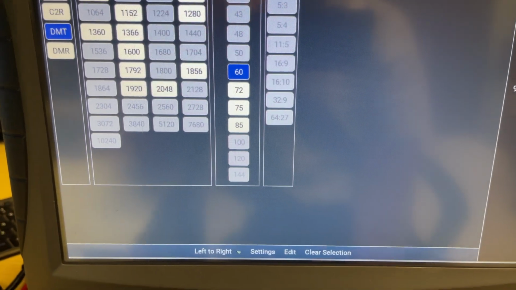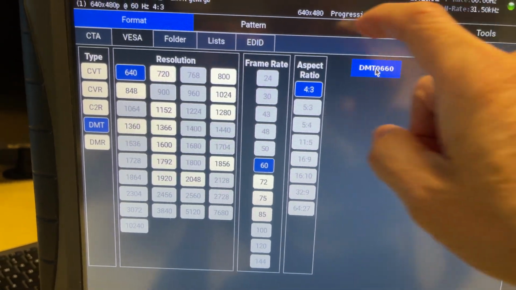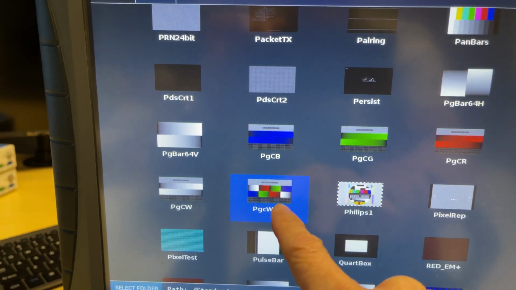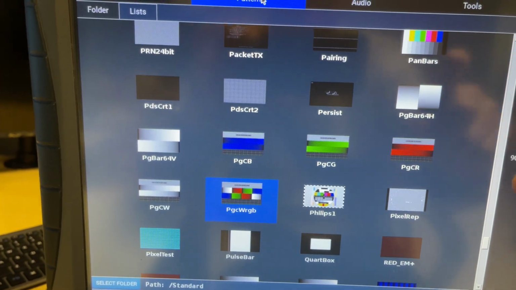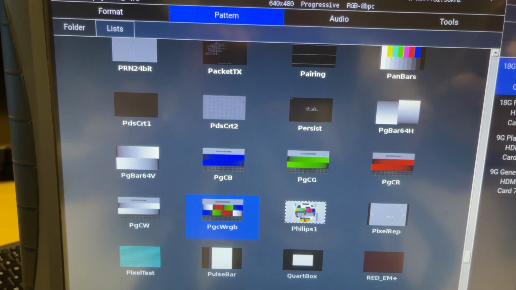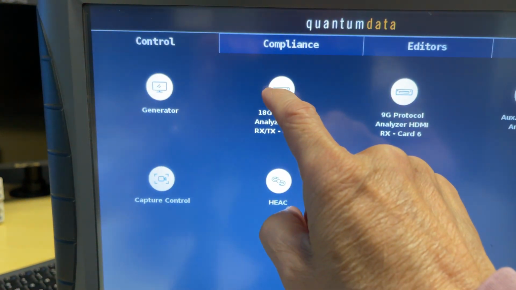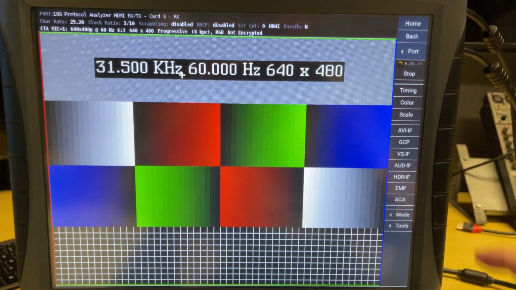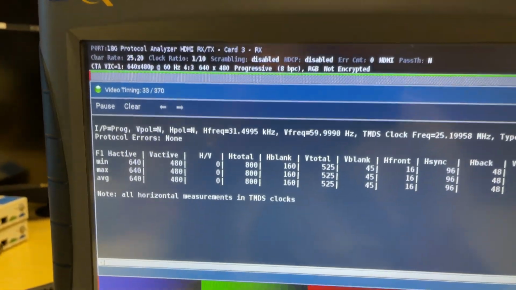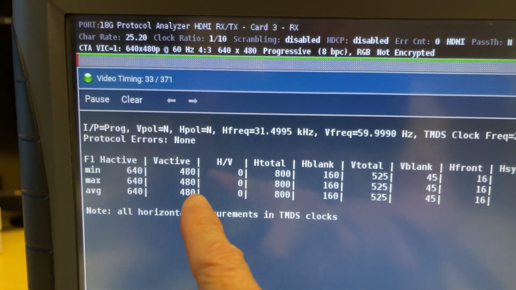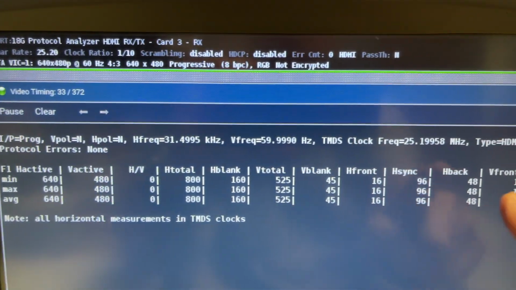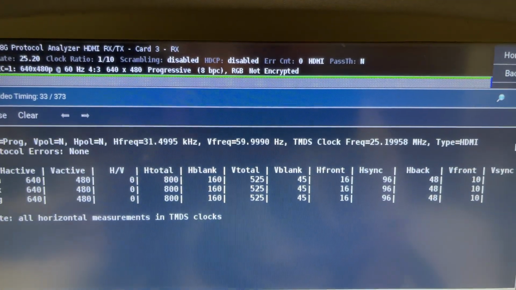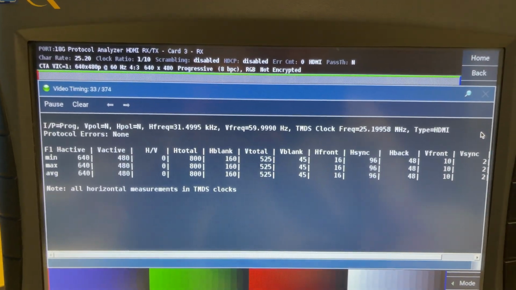By doing that, we'll pick the pattern, something we can see. Okay, and then we'll go back home, select the analyzer, and we'll see the pattern. The timing is 640 by 480. For now, run at 25 meg. Okay, so let's go back